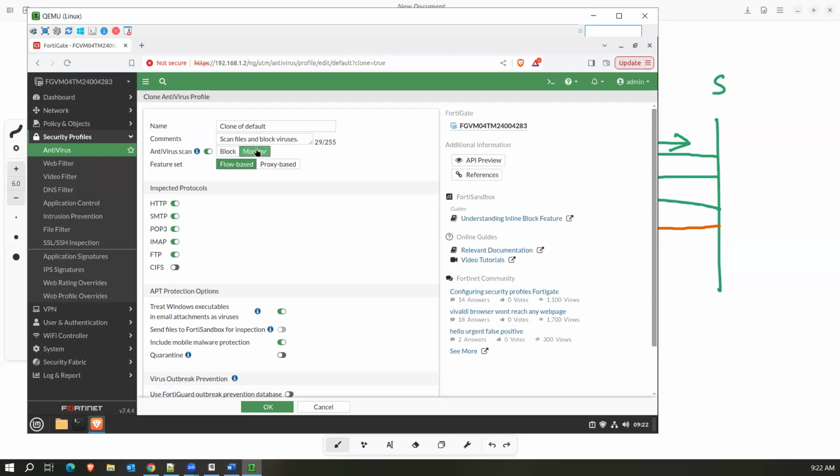Now, if we set this to monitor, the connection will be allowed and at the same time a log will be generated. This will be useful in some cases, but it's better to go with block if the firewall is in production. Then the flow and proxy options, depending on the policy mode, we will select whether to go with flow based or proxy based. Now, when it comes to inspected protocols, only if these